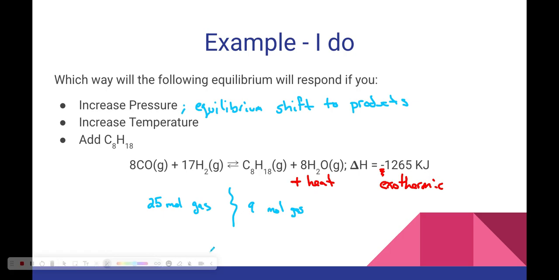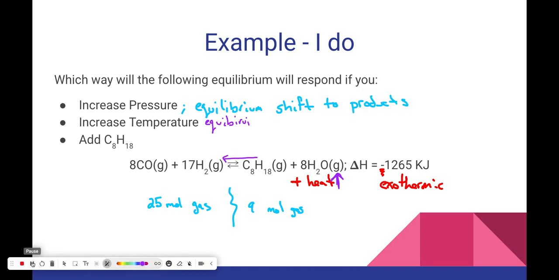Okay, our next problem is increasing temperature. So remember, guys, we already discussed that this reaction is exothermic. So since this reaction is exothermic, we can think of heat as a product. So if I increase my heat here, okay, heat is going to then drive the reverse reaction and shift our equilibrium to the reactants. So our equilibrium, if we increase temperature, will shift to the